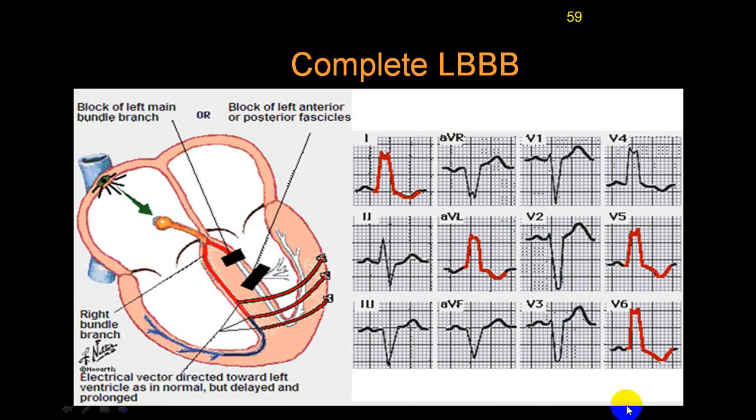Yes, now you can see here. In a left bundle branch block, in lead 1, RSR dash pattern. Even in AVL also you will get an RSR dash pattern. And see in V5, V6, you got an RSR dash pattern. There is no Q wave. There is a T wave inversion which is in opposite direction. And there is no S wave at all. There is no deep S wave here. This is left bundle branch block.